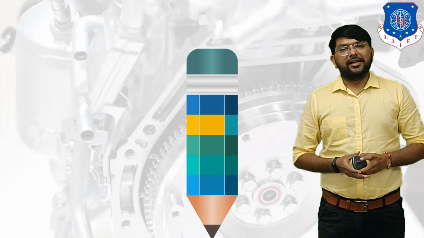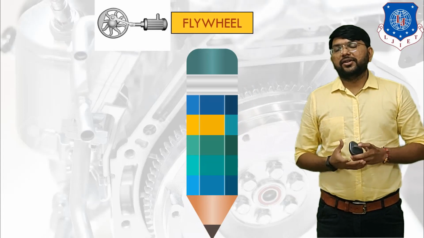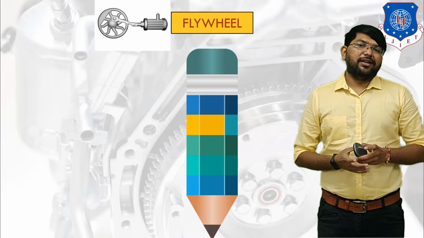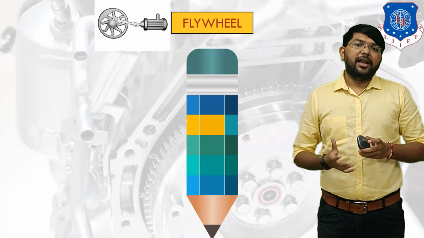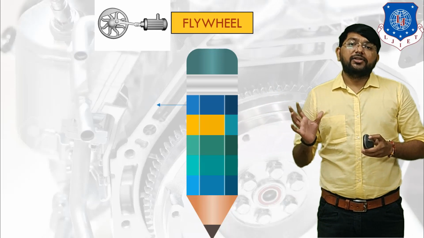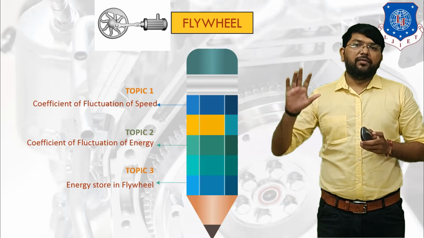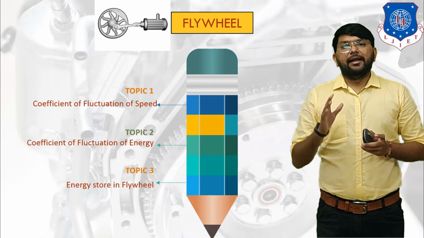So in the last lecture we started a new chapter, that is flywheel. Now what is the function of flywheel? The function of a flywheel is to store kinetic energy and deliver kinetic energy whenever we require. Clear? So in the last lecture we discussed the turning moment diagram for the single cylinder engine and the turning moment diagram